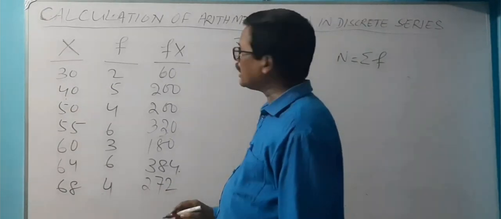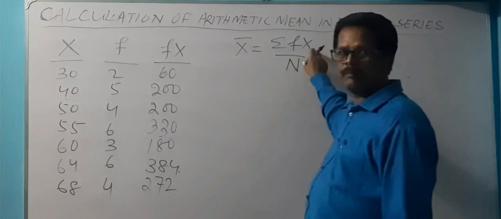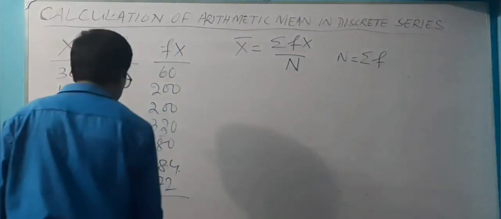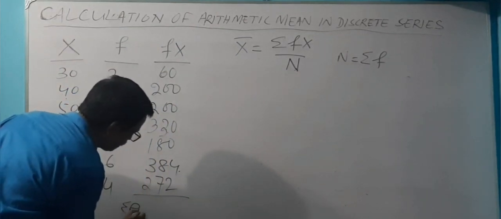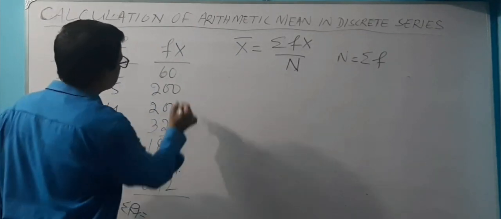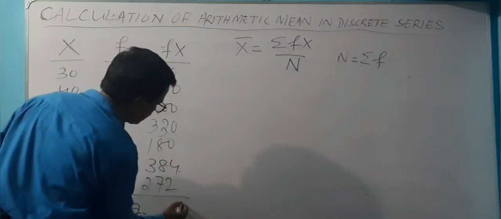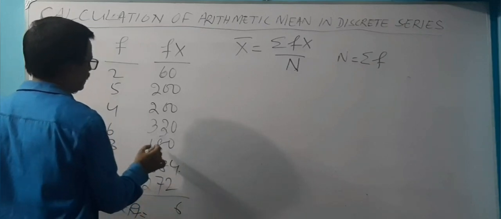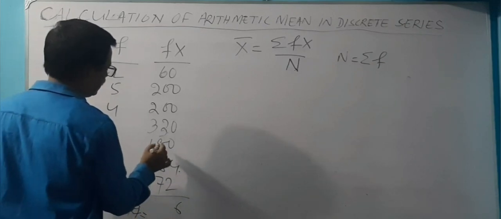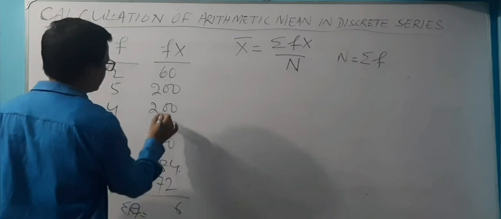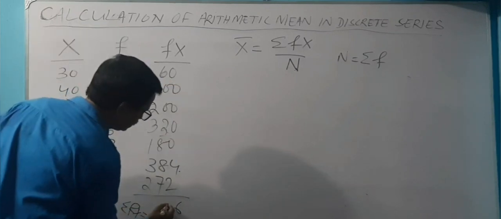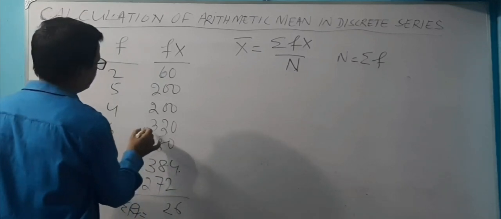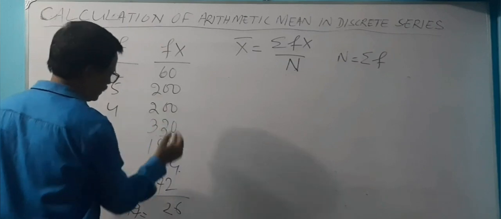Now we have to add all the fx values to get summation fx. Okay? Add all the fx values. How much? This will give us summation fx. That is 4 plus 2 is 6. Then 8, 7, 15. 8, how much? 23, 26, 6, 32, 3, 2, 5, 3, 8, 9, 12, 14, 16.